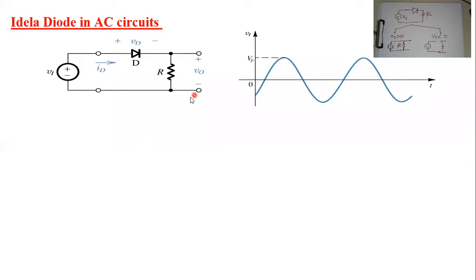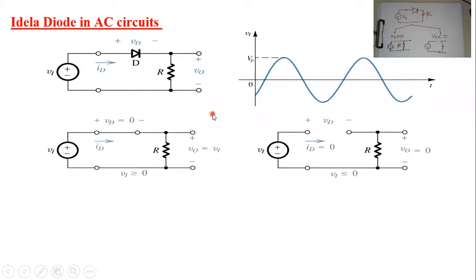As you can see, my dear students, we have two versions of the circuit. This applies whenever the voltage of the source is greater than 0. However, whenever the voltage of the source is smaller than 0, we have this open circuit. Accordingly, we will have this shape. We will discuss this in the next part, what we call the half-wave rectifier. Whenever you pass only the positive portion of the sinusoidal and you get rid of the negative portion of the sinusoidal, we call this a half-wave rectifier. So this is one of the most important